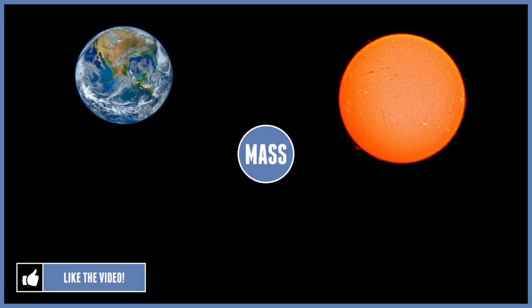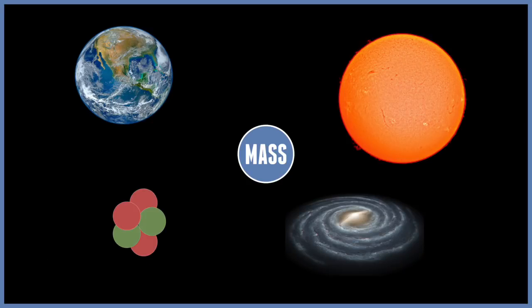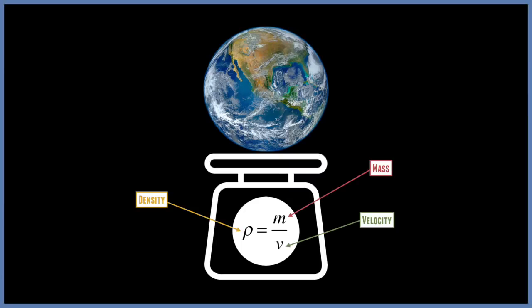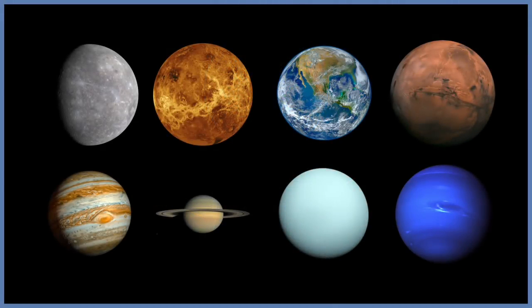So putting it in layman's terms, gravity is dependent on mass. From stars, planets, galaxies, and even subatomic particles, gravity seems to rely on just one thing. The mass, though, can be categorized in three different ways: its size, mass, and density. And this is what gives the object gravity. When it comes to the planets in our solar system, there is various size, density, and masses, and therefore the strength of the gravity on the surfaces can vary dramatically.